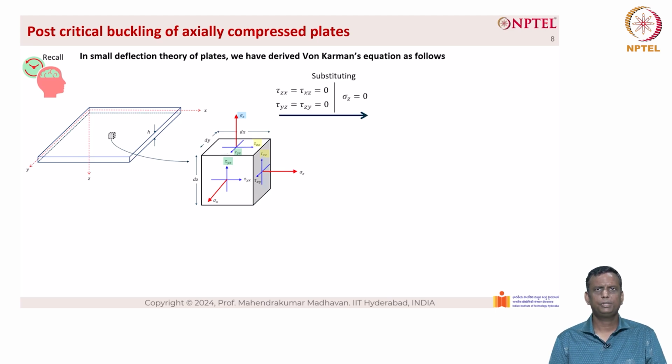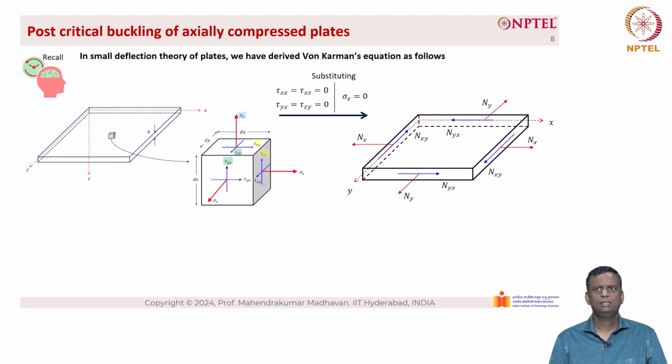And by substituting tau zx equal to tau xz equal to 0, and tau yx equal to tau zy equal to 0, and sigma z equal to 0, basically this is the plane stress assumption. This leads to the following figure on the right hand side, and we have D into ∂²w/∂x⁴ plus 2 into ∂⁴w/∂x²∂y² plus ∂⁴w/∂y⁴ is equal to